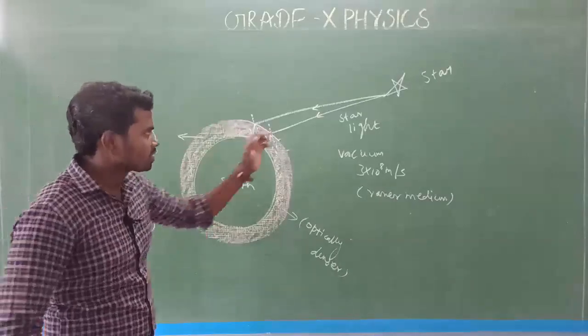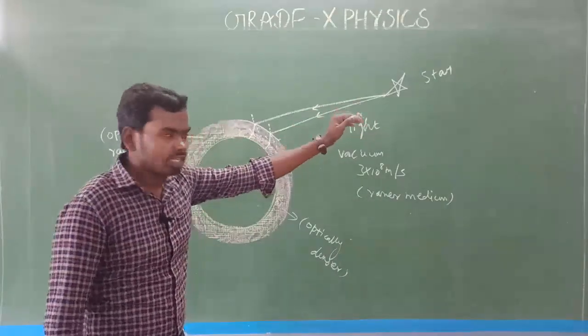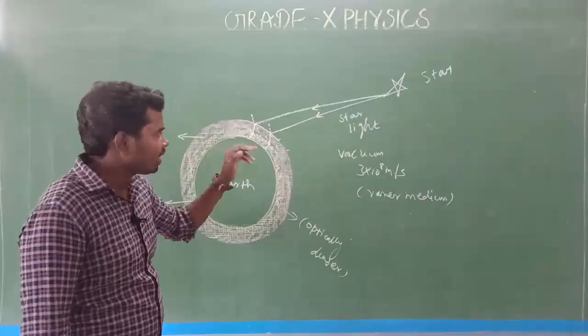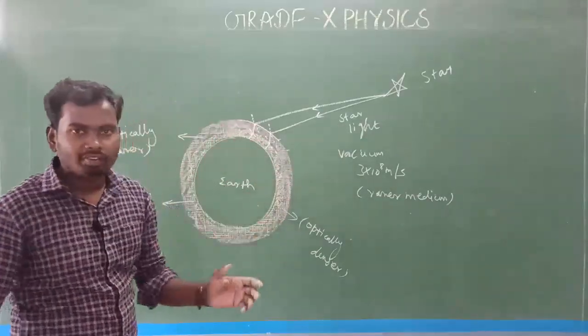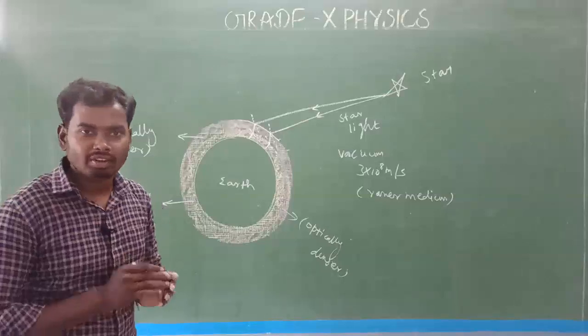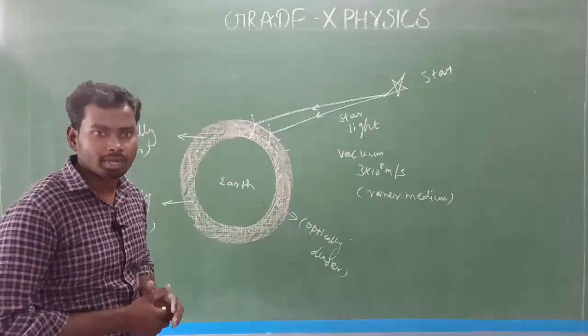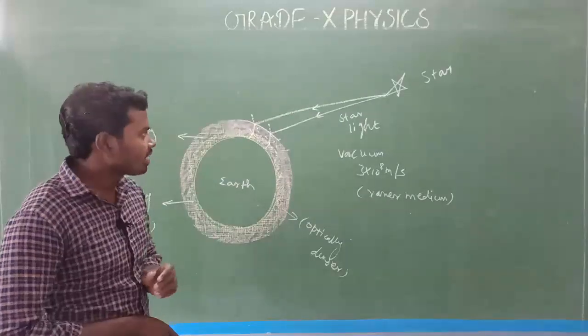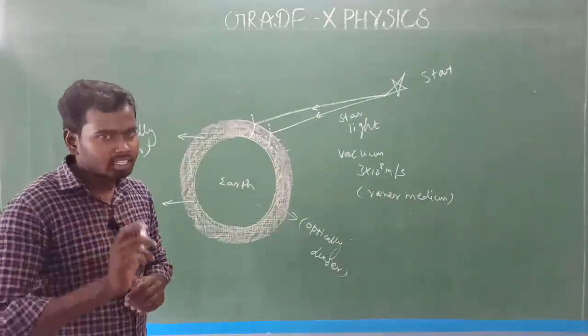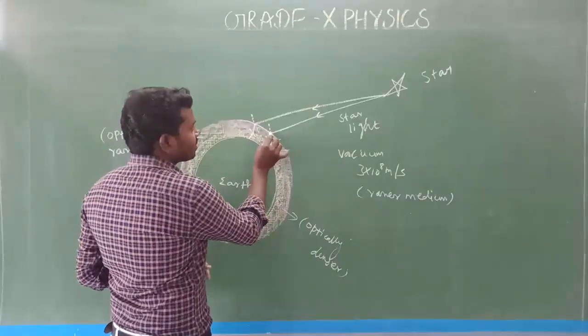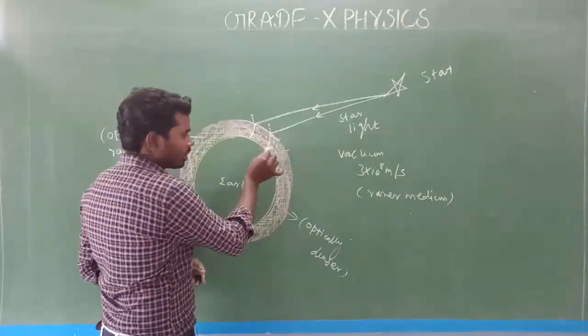This is the Earth's atmosphere. Starlight is there. Starlight enters the Earth's atmosphere from the vacuum. Am I right? The Earth's atmosphere also has different air layers, with different densities. So when the starlight enters the atmosphere, refraction takes place. Is it clear? Very simple to consider. So this is the refracted ray. Look here. This one is a refracted ray and this one is a refracted ray.